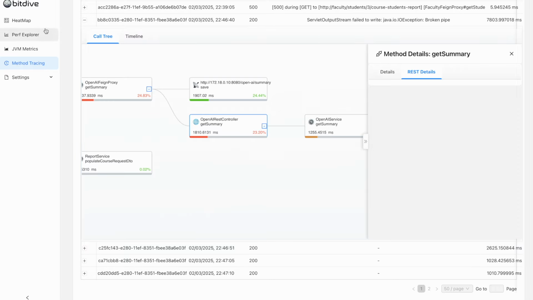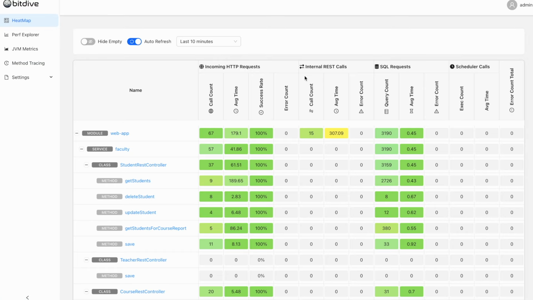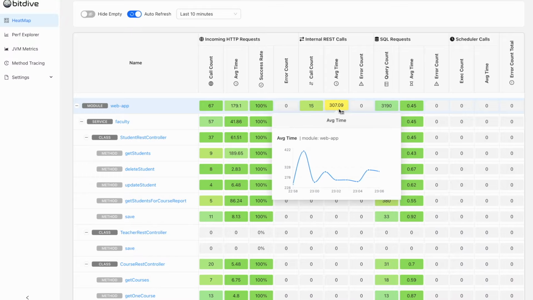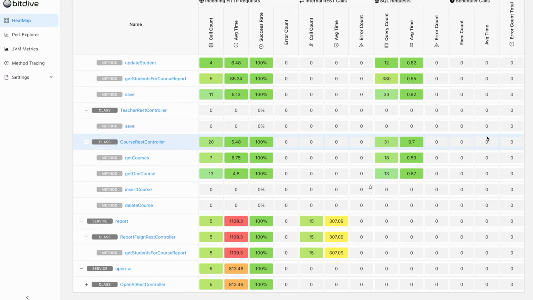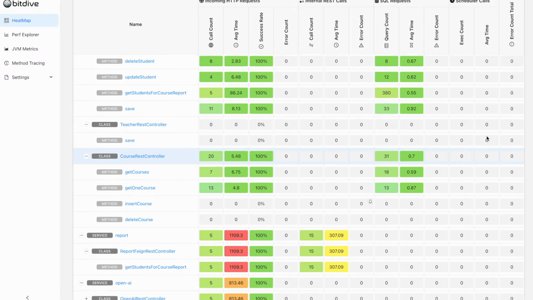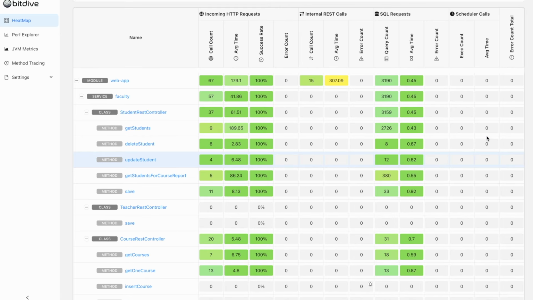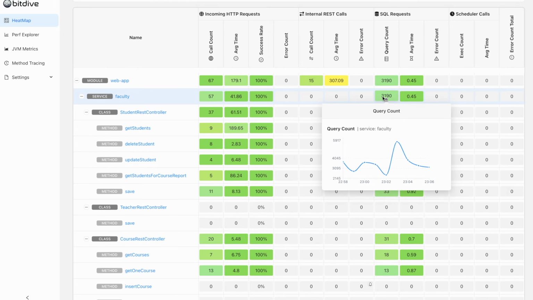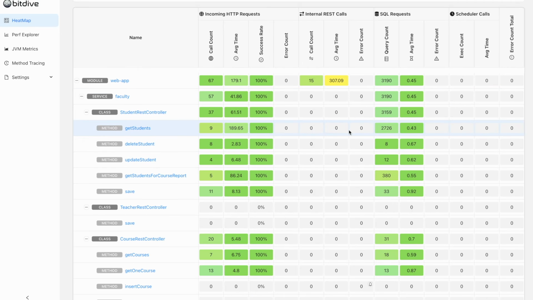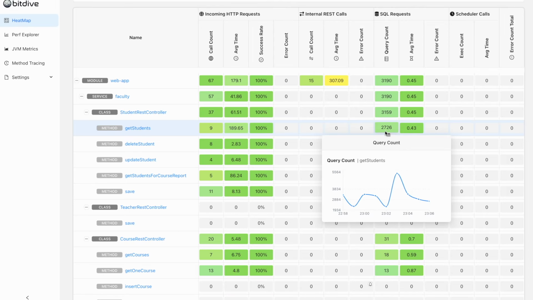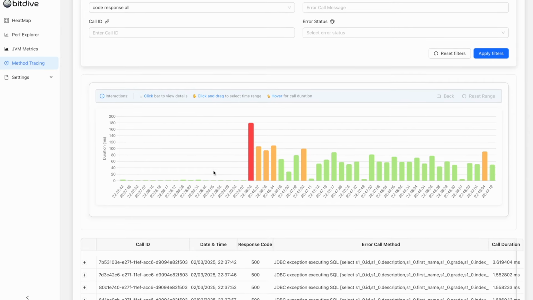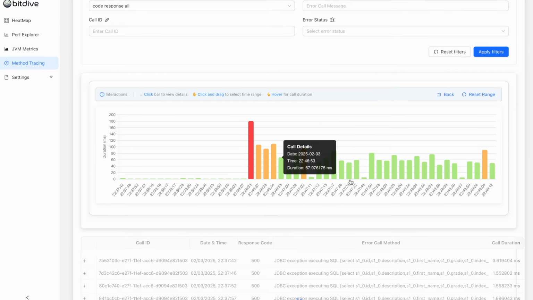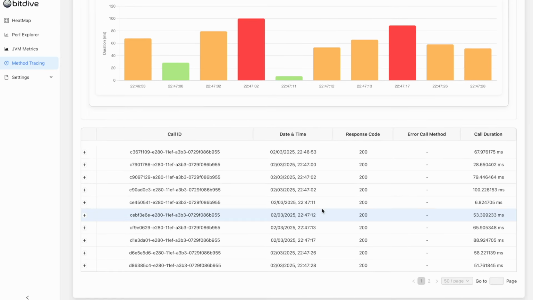But let's see what else we can find. Judging by the heat map turning green, the application's load seems fairly balanced at the moment. There are a few metrics in the red zone, indicating high execution times, but we've already reviewed that microservice. I noticed that one of the methods, getStudents, has an excessively high number of SQL queries, 2,726 to be exact. Let's investigate what's happening there and explore possible optimization options for the SQL query.